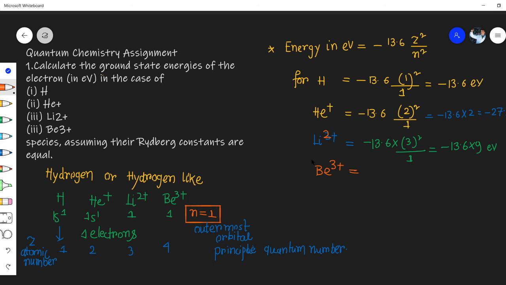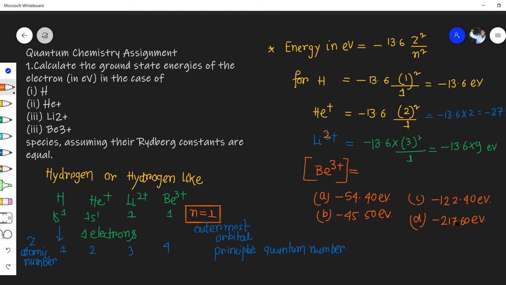It is the homework. Homework means you need to do it as soon as possible, and please give the correct answer for this particular question. I am writing the 4 options and you need to select one of them, right? Option A minus 44.40 electron volt, option B minus 45.50 electron volt, option C minus 122.40 electron volt, and option D minus 217.60 electron volt. So try to attempt it yourself, okay?